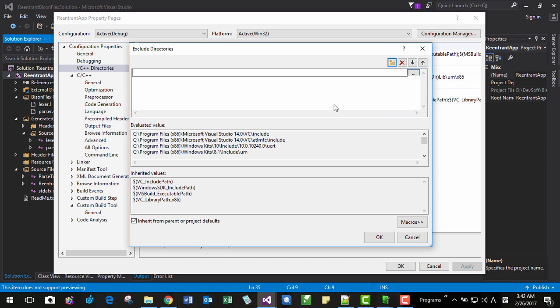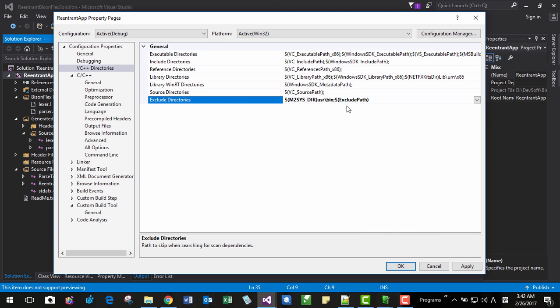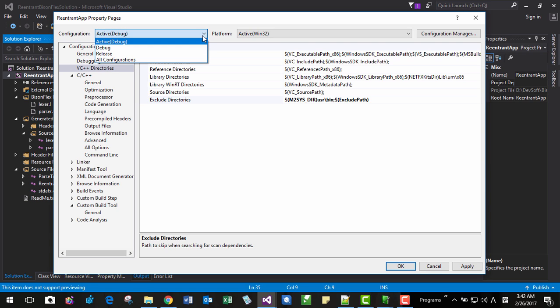I will add an environment variable here, dollar M2sys, and it should be usr bin. Probably, I guess so. I have to add this here, and because it is the debug state,